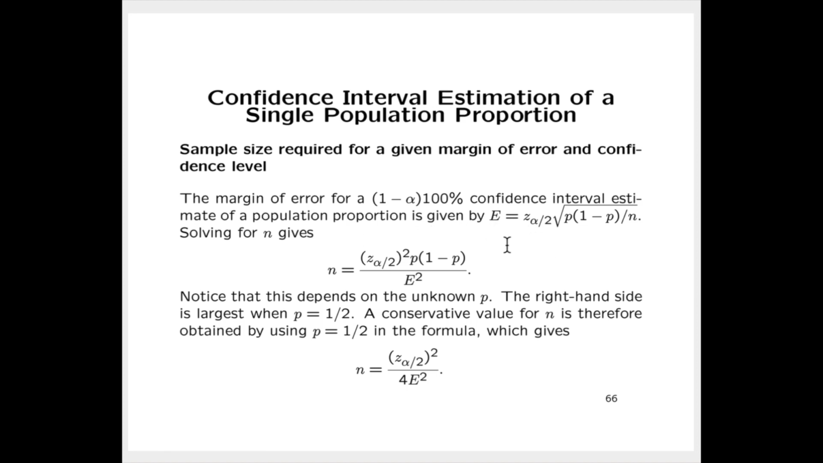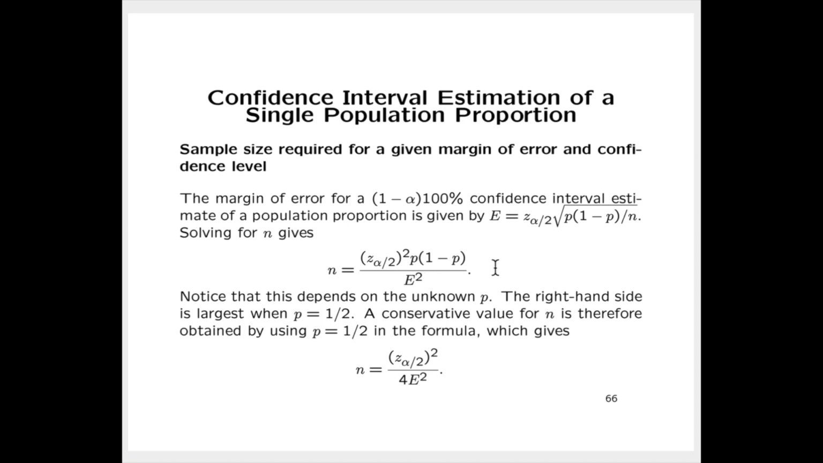And what we want to do is find the sample size that will give us a specified margin of error for a given confidence level, which is contained in alpha because the confidence level is 1 minus alpha times 100%. So we take this equation and solve it for n. What we get is that the sample size is given by the square of the interval coefficient for that particular confidence level, times P times 1 minus P, over the desired margin of error